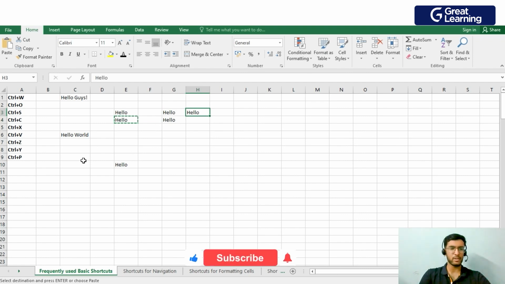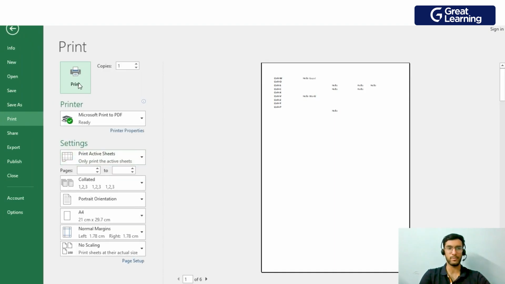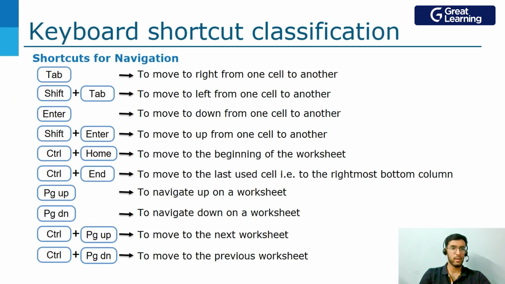Now, Control P. Control P is also very common nowadays because you have been using it maybe in PowerPoint or MS Word. Control P is basically used to print. You can use this option as a shortcut to print anything that is in your Excel content. So that's all from the frequently used basic shortcuts, and now let's move on to the next category, that is